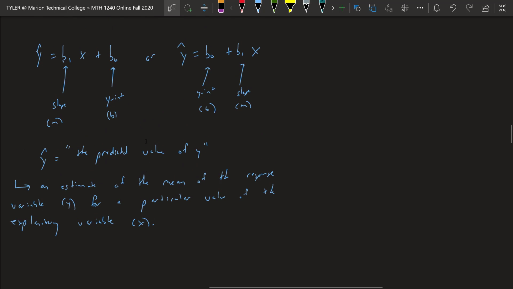So in other words, if you think back to what we wrote on the first page, in part A, we found a model to be,